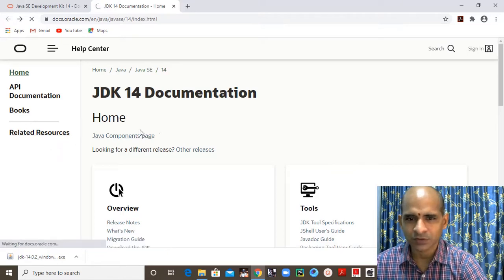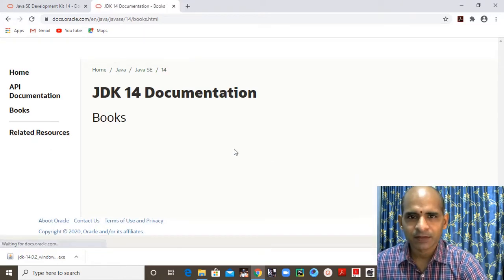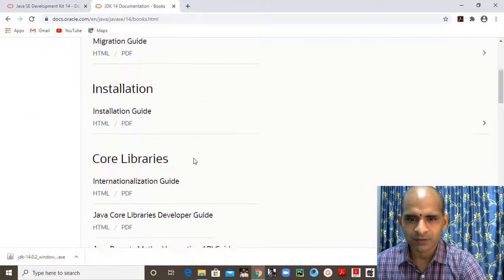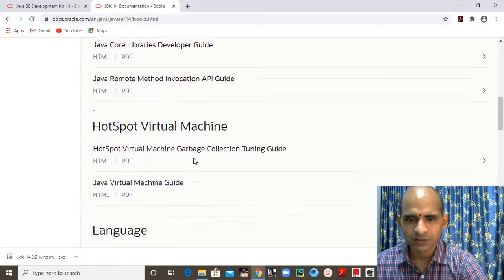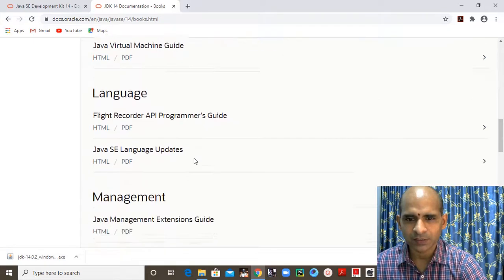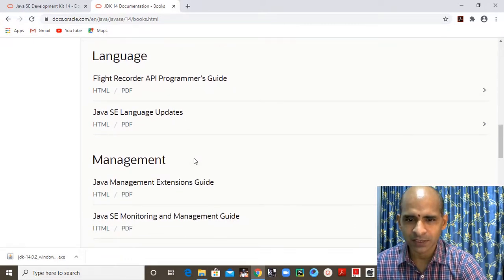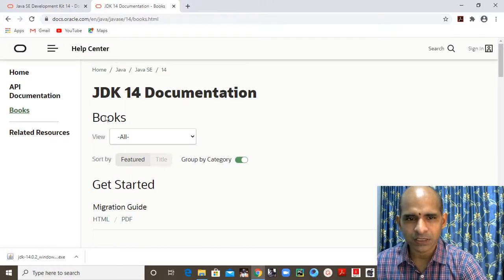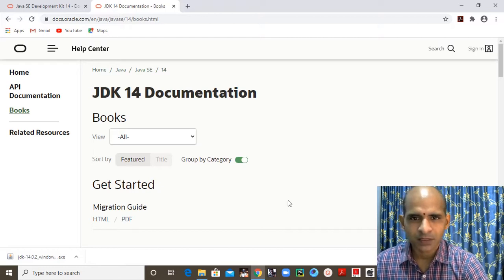These are the books if you want to take. PDFs are available and it is free of cost. That's why you can choose any one depending on your requirement. As a beginner, it is difficult to know what things are available. Once you move further and acquire some basic knowledge, then only you can easily use the Java documentation to make your knowledge better than others.